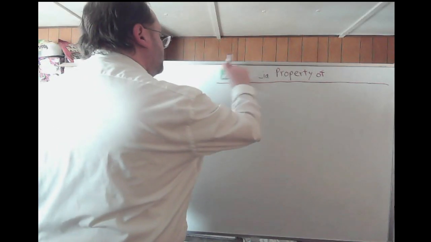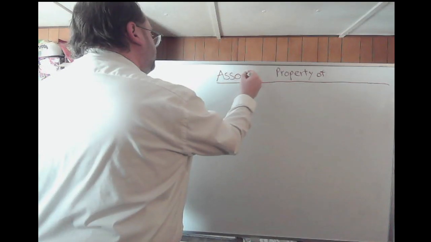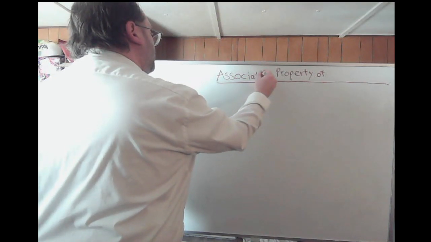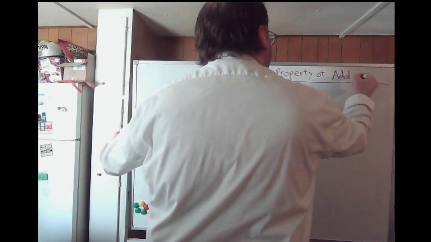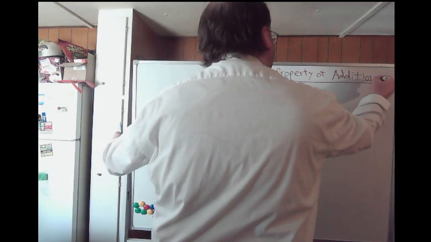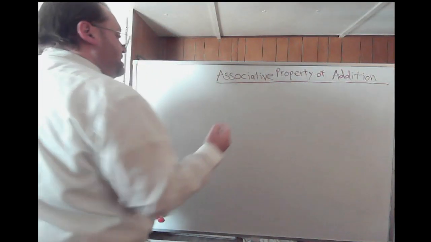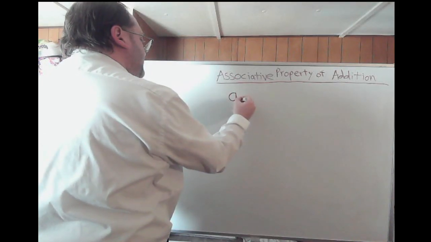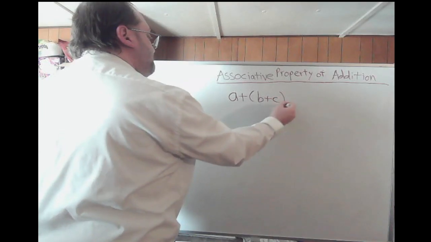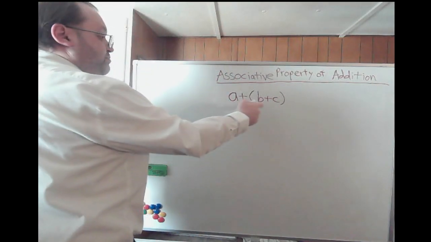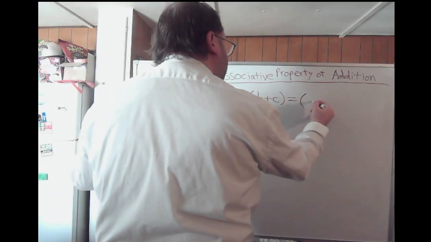Let me move this over some so I can spell it out better. Associative property of addition. So we're going to talk about first the associative property of addition. So let's say here I have A plus, in parentheses, B plus C. Any number A plus, in parentheses, B plus C, that's the same thing as, in parentheses, A plus